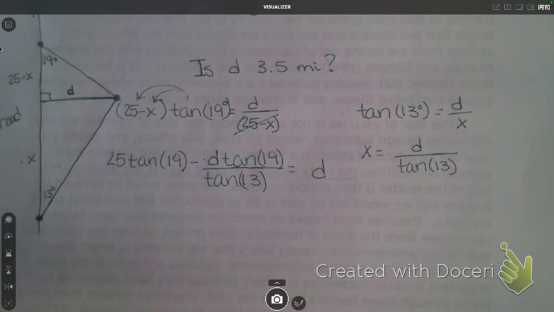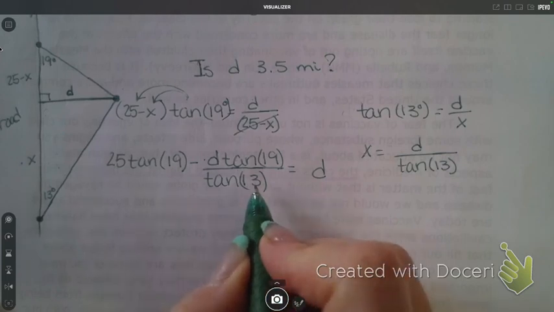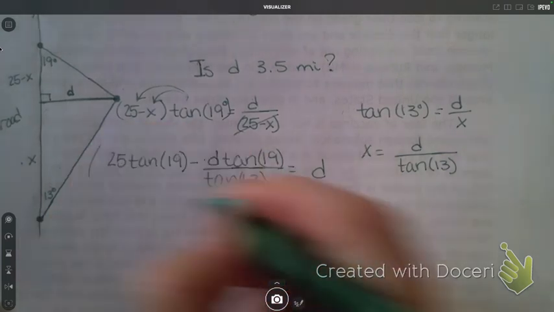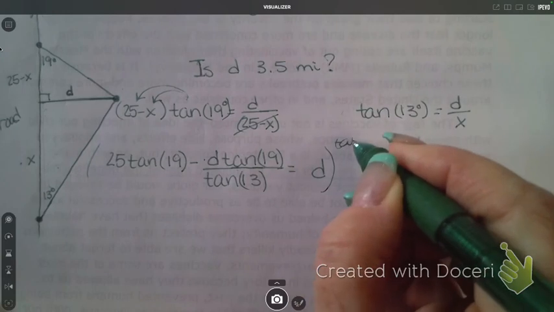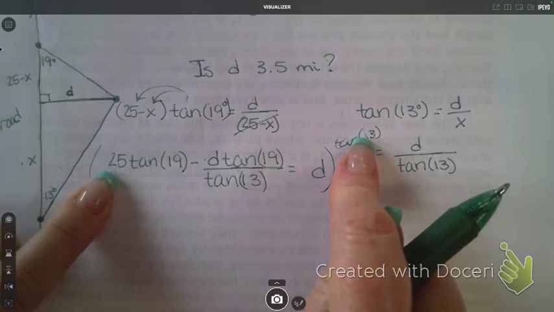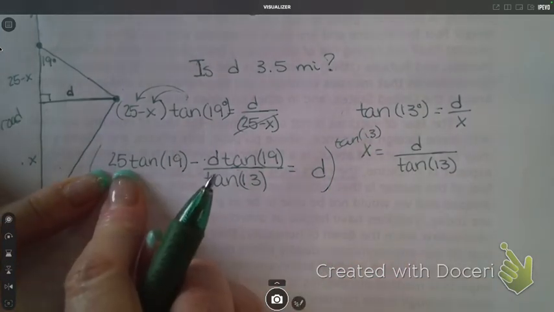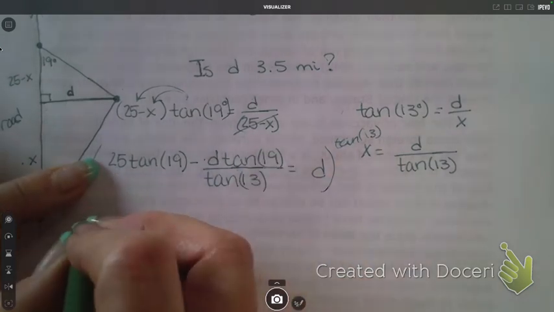Well, I've got a fraction and I don't want a fraction. So I've always said if you don't like fractions, you got to know how to get rid of them, correct? So what could I multiply every single term in this problem by to get rid of tangent 13 in the denominator? I'd multiply everything by what? Yeah, tangent of 13. And that's everything, correct? I'm basically getting common denominators. So it would be 25